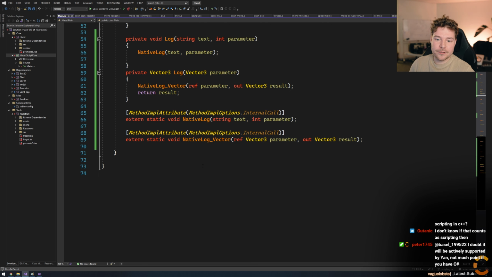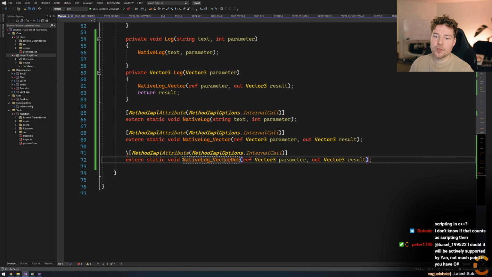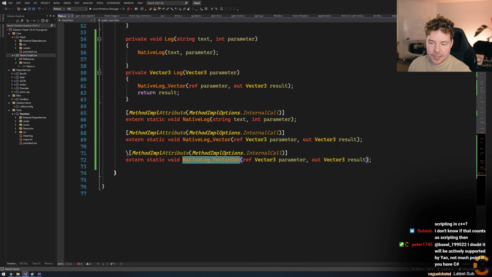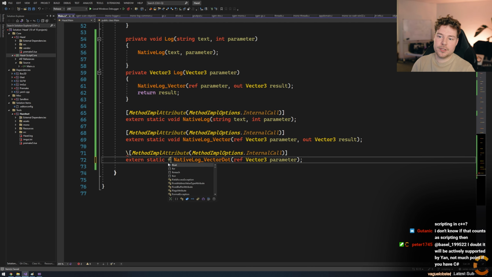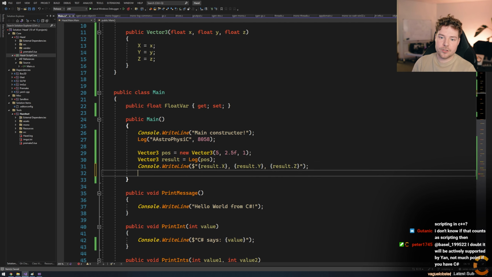And then obviously in here, we just do vector dot. The important thing, obviously, is that this name matches what you've written here in the string. That's the big matching thing that's important. But then this returns a float now, and still takes in that parameter. It's called vector dot.